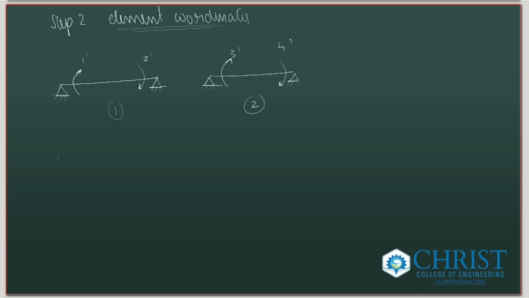From this itself, we can define the element flexibility matrix for the first beam element. And the equation for the element flexibility matrix for a beam is L by 6EI multiplied by the matrix [2, -1; -1, 2]. Substituting in the values, we can get the flexibility matrix for the first beam element as